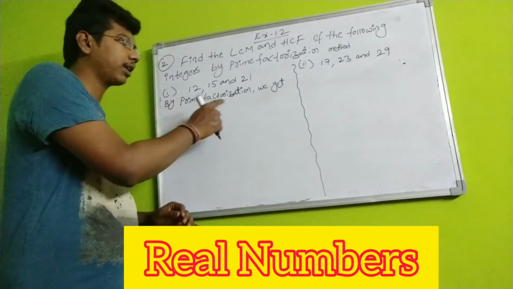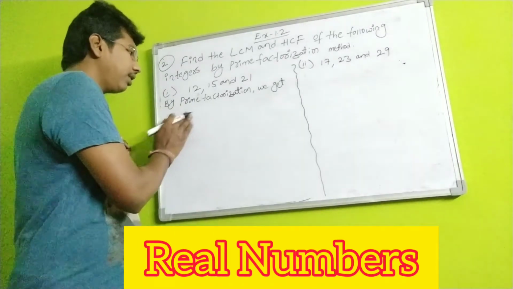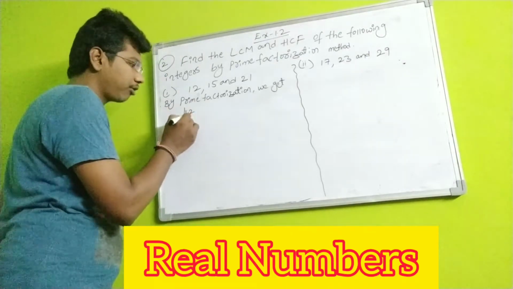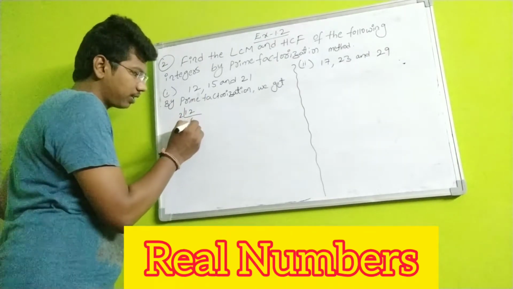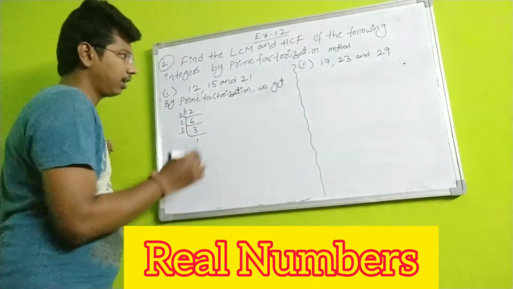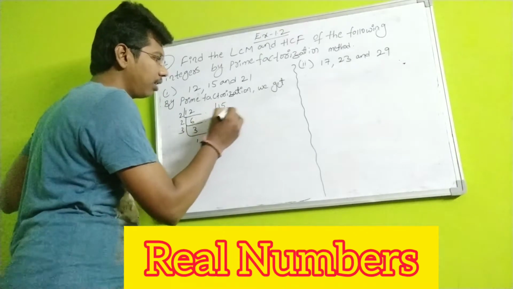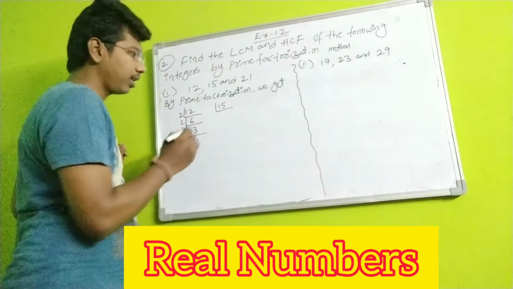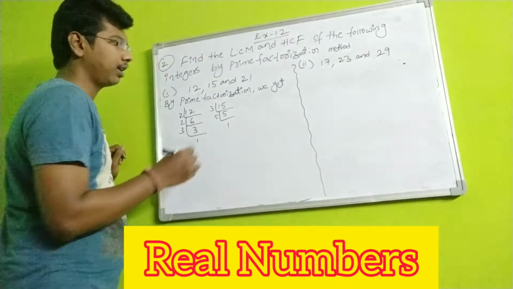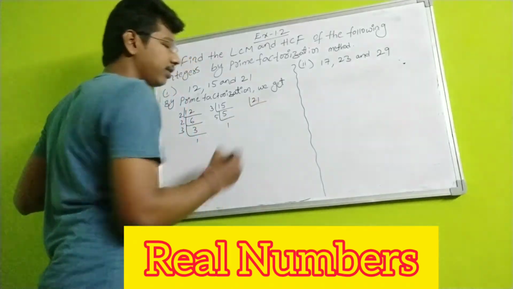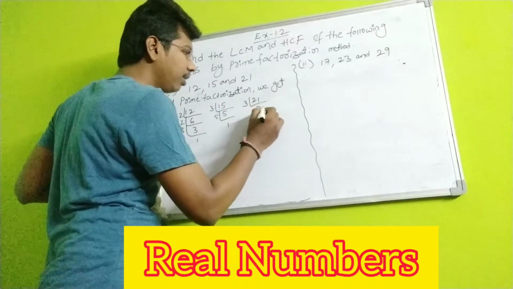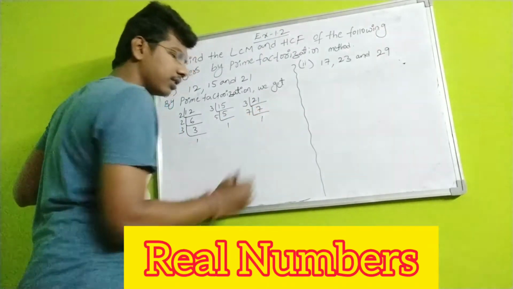Now by prime factorization, first find the prime factors of 12. Separately, students. 2 sixes are 12, 2 threes are 6, 3 ones are 3. Next, the second integer is 15. Find the prime factors of 15, students. That is 3 fives are 15. Next, 5 ones are 5. Next 21, students. The third integer is 21. Find the prime factors of 21, students. 3 sevens are 21. Next, 7 ones are 7, students.